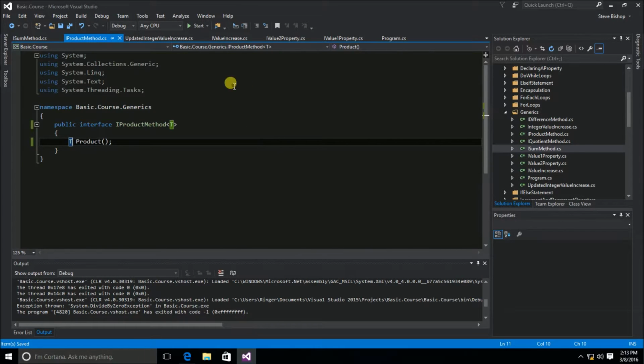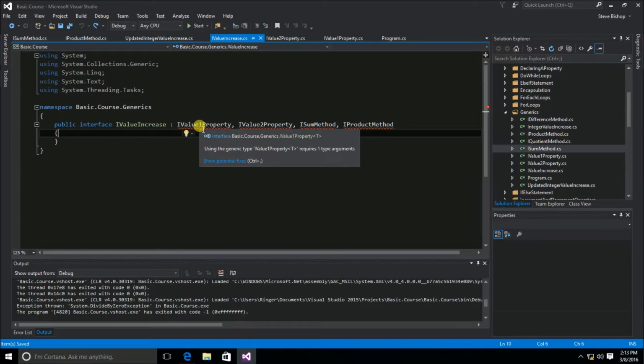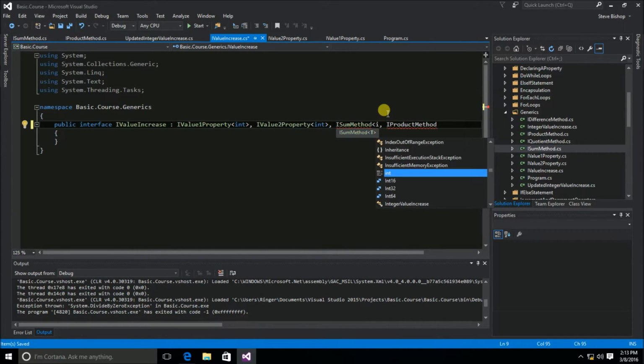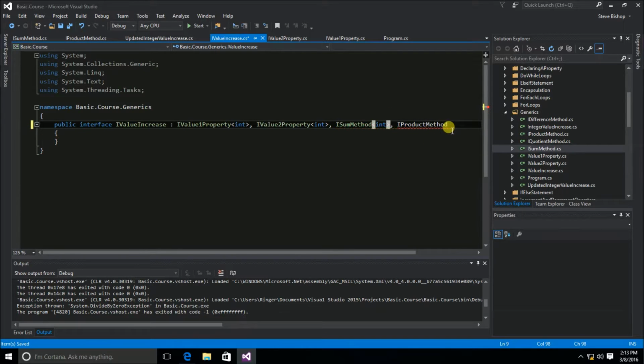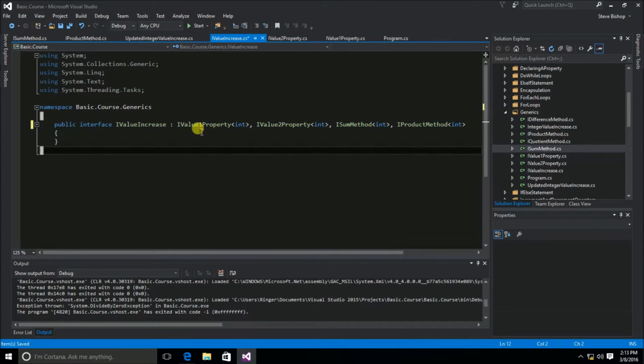Once we save our changes, if we go into the IValueIncrease interface, which implements these four interfaces that we just changed, we can see that we have the red squiggly lines indicating that there's a problem. That's again because we need to pass along some sort of type parameter. Now if I pass along the data type int, we could do that for each one of these inheritance items. And this will satisfy the requirement by each one of these inherited interfaces, but there is a bit of a